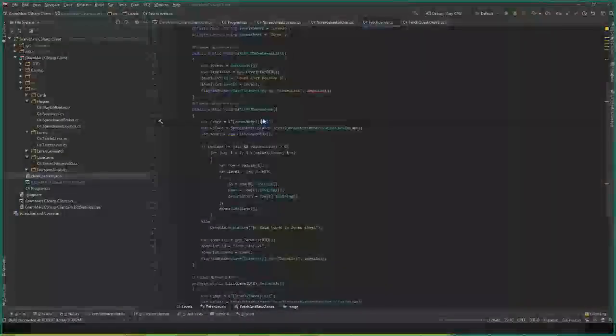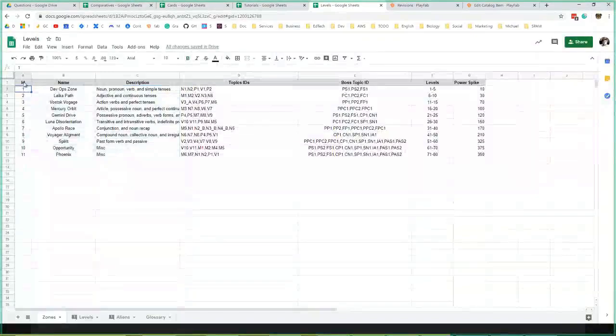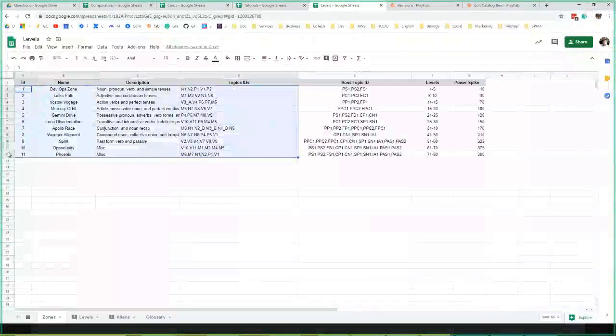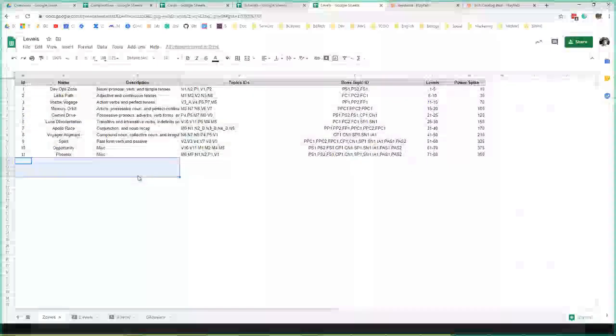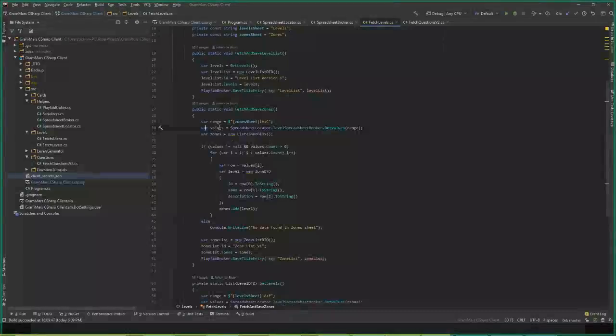I'm asking to get the range from A to G, or well, in this case, A to C, because I don't need the other ones. I grab all these 3 columns, and then Google Sheets API will give me all the rows that has data. So it will give me all this, and it will not give me a row 13 or 14 because it's empty. And that's it. And once I have the rows, then I just have to process them. Oh yeah, the rows that they retrieve, it's a list of lists, right? So there is a list of rows, and each row is a list of cells. So I just go through the cells, and